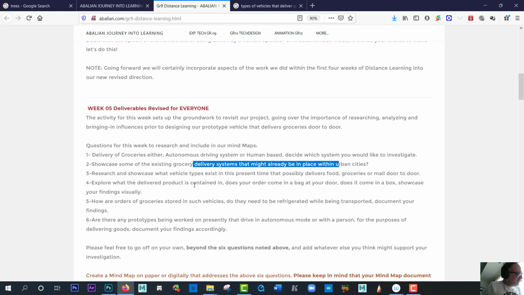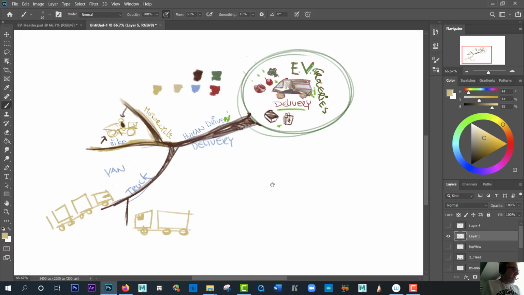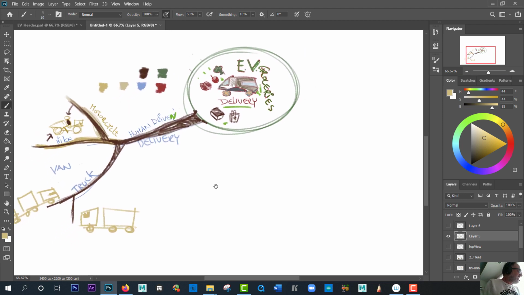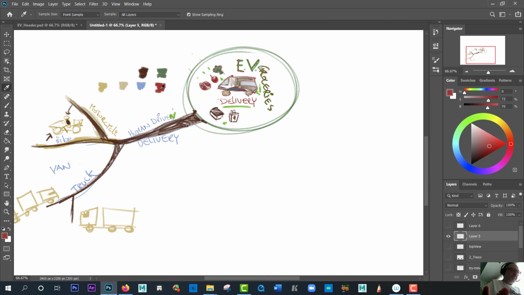Explore what products contain. Are they in a bag or in a box of some sort? How is the product being delivered? Oh, okay, so that would be a branch, right? So we should go in here and add a new branch. So I'm going to talk about, or one of them was storage, right? Or let's just go with that. Okay, so I'll just go red here, boom, and then hit B for brush.